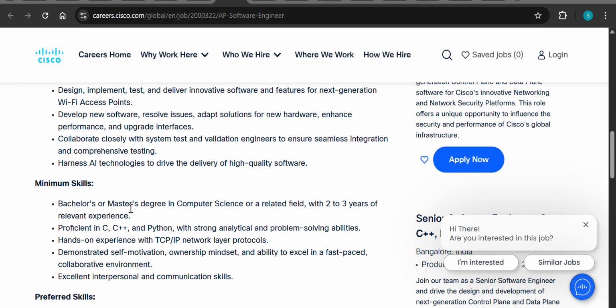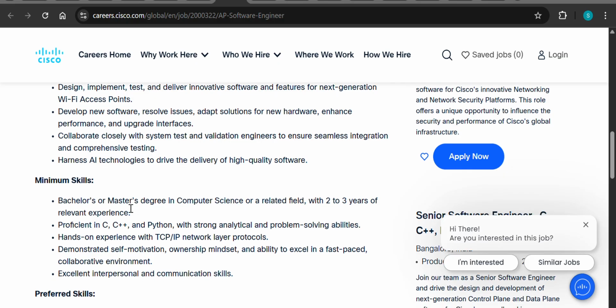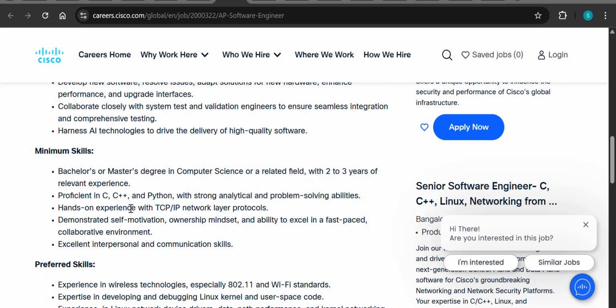You should know how to use AI to do the development and all that. And the minimum qualifications they are asking for are a bachelor's or master's degree in computer science with 2 to 3 years of experience. So this is not a role for freshers. You need to have a minimum of 2 years of experience